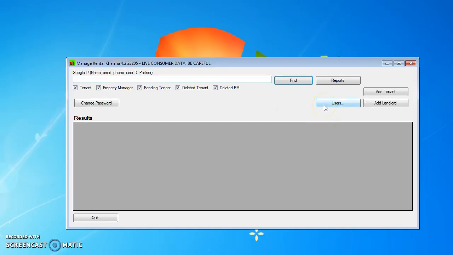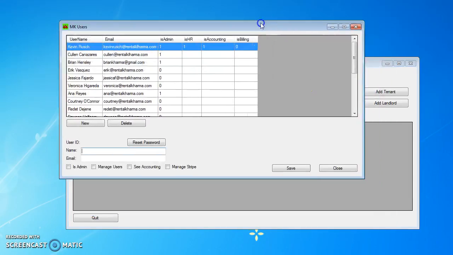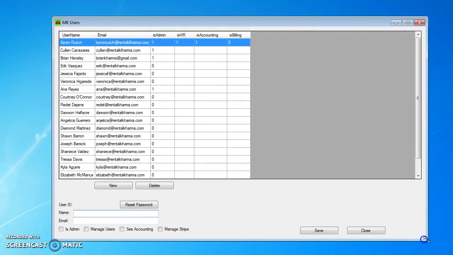Seeing as how they're part of the administrators group, this users button will show up, and that lets this user, or any user with this feature enabled, bring up the user managers box. So here's a list of all the accounts we have in the system. If you click any row, you'll see down here the name and email and an opportunity to reset their password